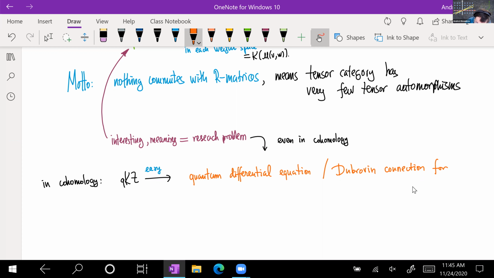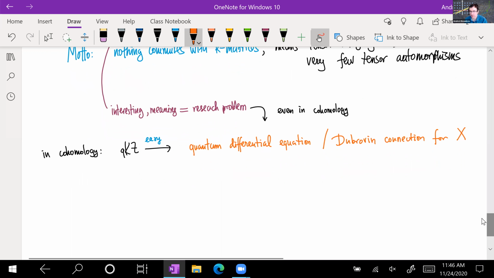for X. So what does this look like? A quantum differential equation. This is what this vertex function satisfies in cohomology. It's a connection on a trivial bundle